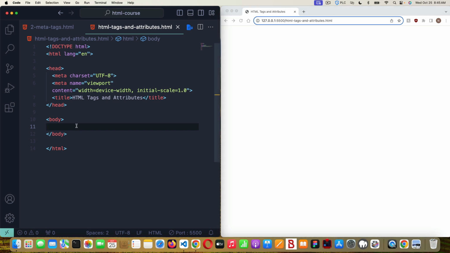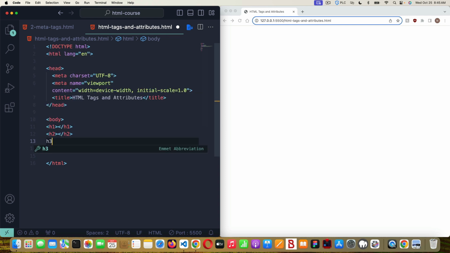One of the tags that you're going to be using a lot in HTML is headings, and those are H1, H2, H3, and it goes all the way up to H6 for heading 6. But an H1 tag has the opening and closing H1, and then you can put content in between the tags. So my heading will put,